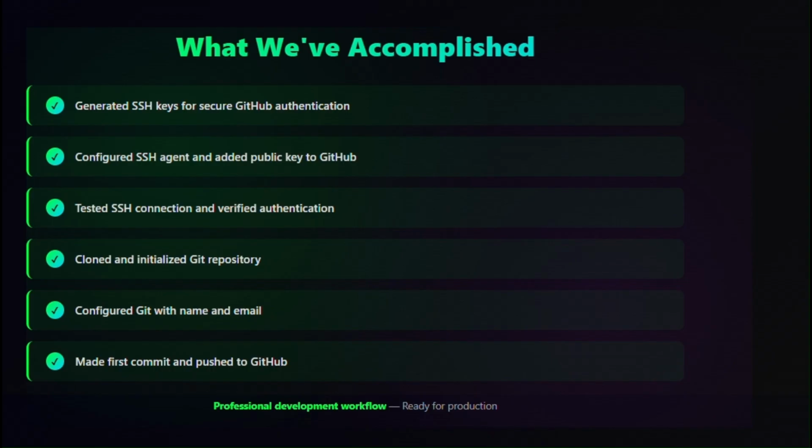We configured Git with our name and email. 6. We made our first commit and pushed it to GitHub. You now have a professional development workflow. Every line of code you write in this course will be tracked, backed up, and ready to showcase to employers. In the next episode, we will install Docker, set up our development tools, and prepare for our next coding module.